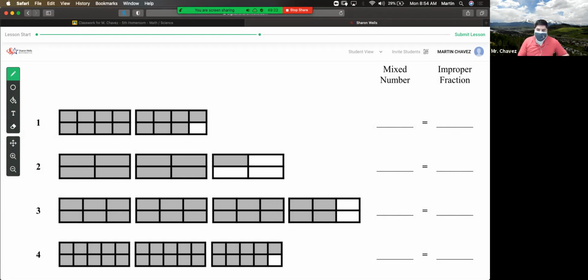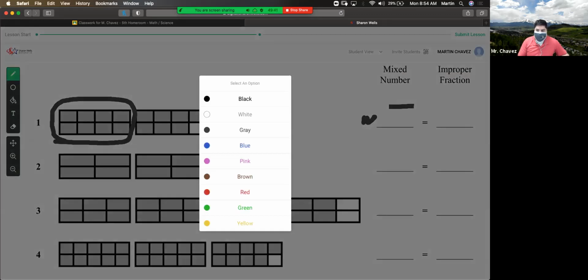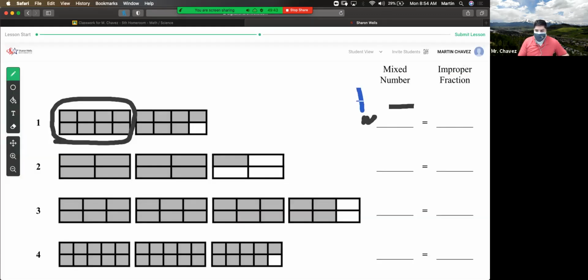So here for number one, a mixed number has a whole number, that's a W, together with a fraction. Now, if you look at the first picture here, we have one complete group shaded in. So that means, let me use a different color, that means we have one whole group. Okay. Now, if we look at the second picture,